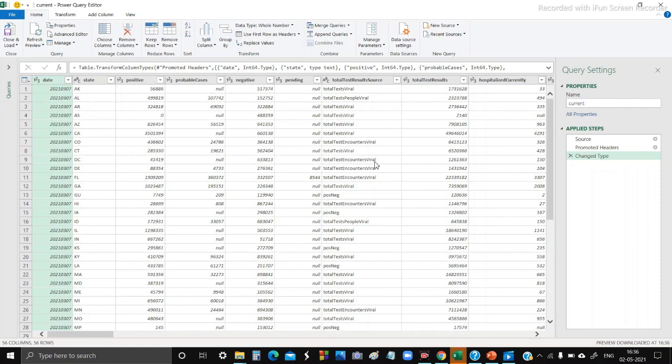Now, as we can see here, the data is completely updated. Delete the automated change type to make the query more resilient.